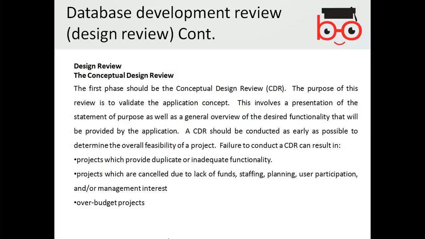Obviously, if you did not want a particular functionality and you spent more on that particular implementation, then obviously the funds will be useless, staffing will be useless, planning will be useless, participation or management interest, all these related things would not be relevant, and maybe the project could go over budget. So conceptual design review is helpful in this regard.